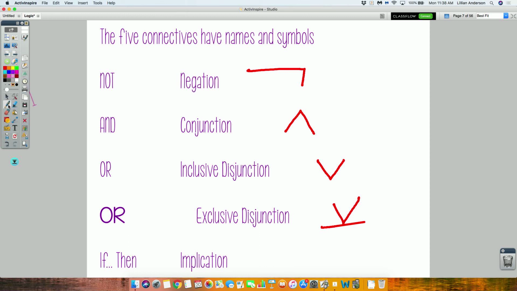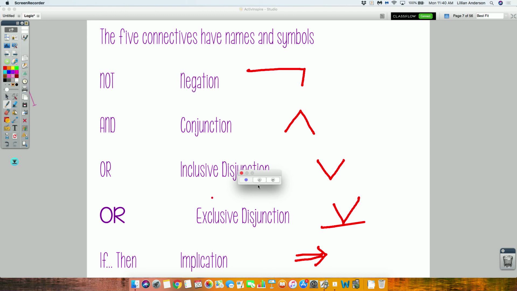And these are supposed to be horizontal. That's supposed to be a horizontal line. And then the last one is implication. If... then. It is an arrow, a double bar arrow. All right, so